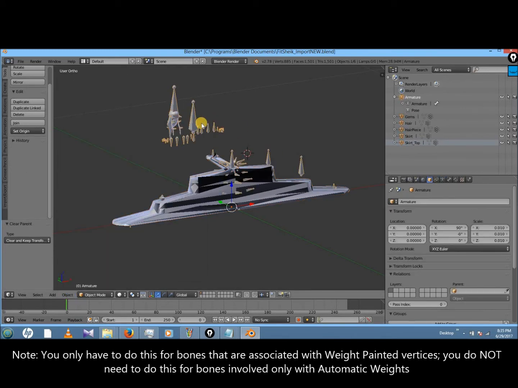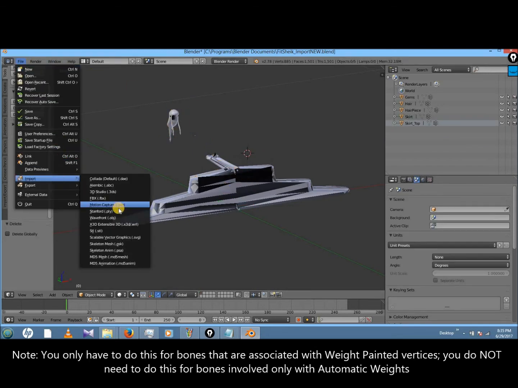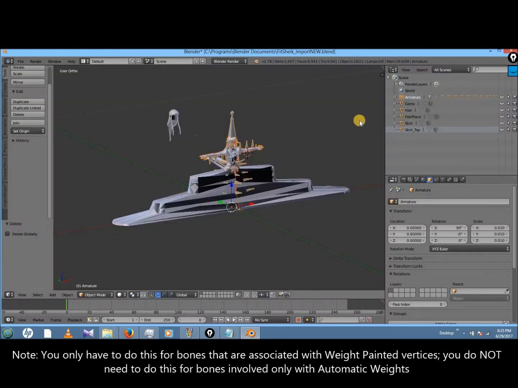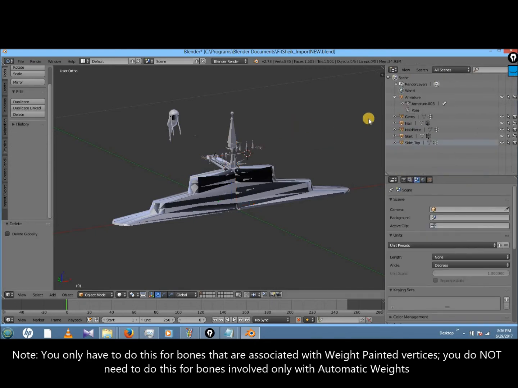Then you can delete this armature, import the armature again, the original one, the FBX from before, and delete all of the polygons associated with it so that it's just the bones, like so.